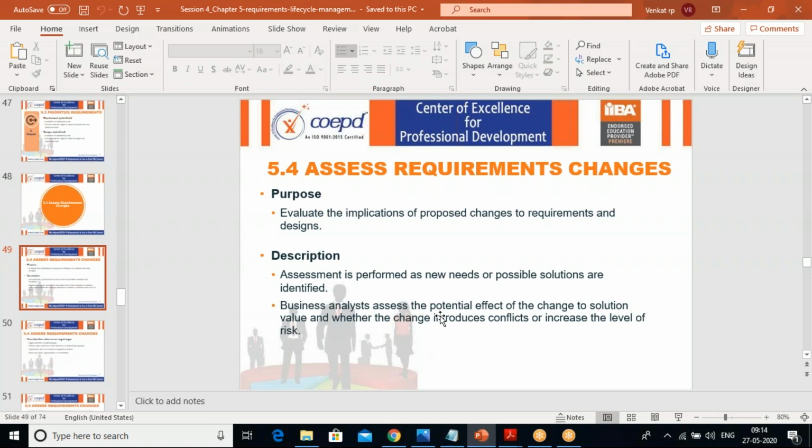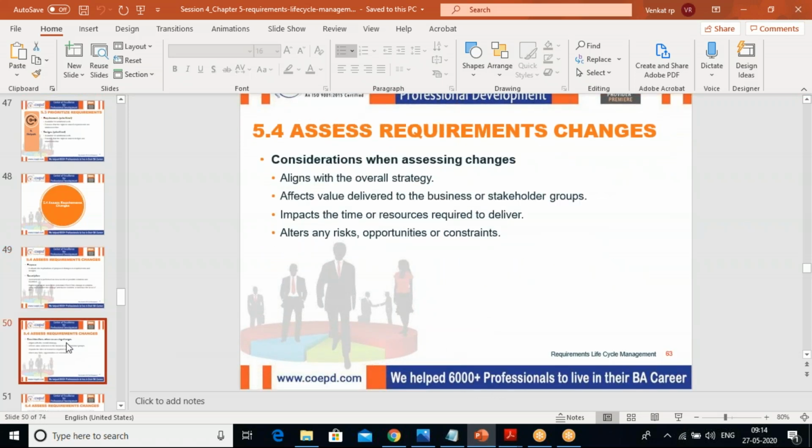Here we need to understand the existing requirements and designs, and what is the impact of any change that could happen on them. Then, based on to what extent that impact would be, we will decide how we are going to handle these changes. We have to align these changes to the overall strategy, and we will see the effects on the value delivered to the business and the stakeholder groups, the impact on the time or the resources required to deliver, and if it alters any risks, opportunities or concerns,